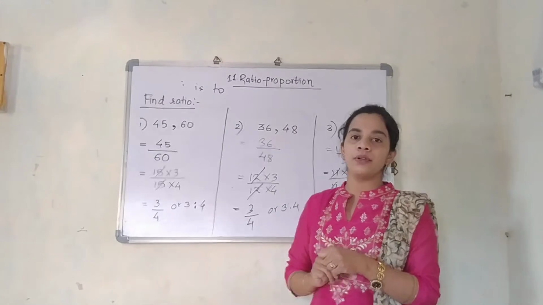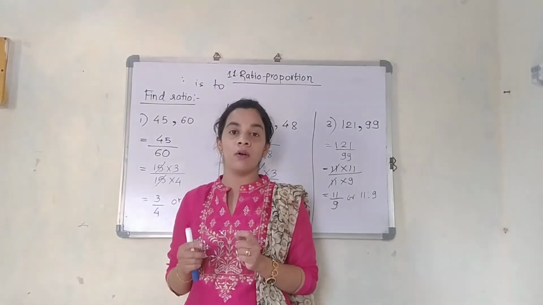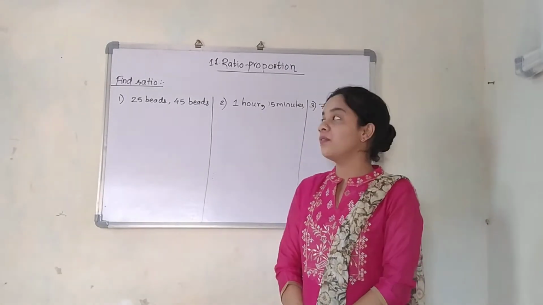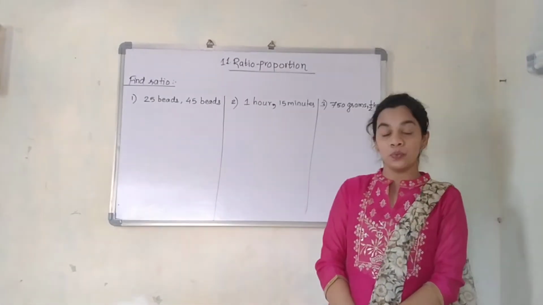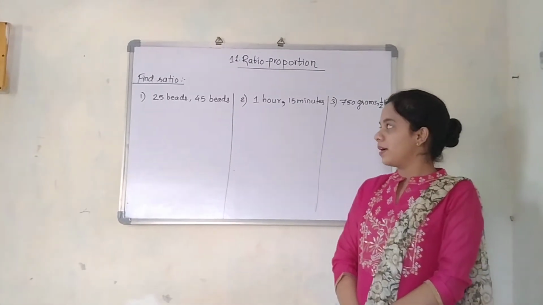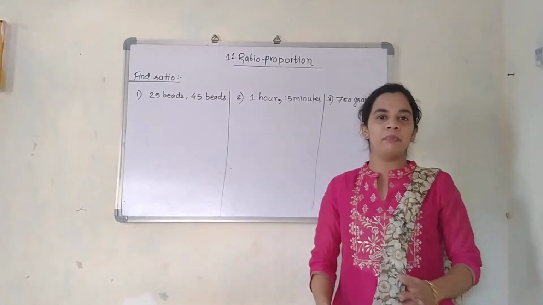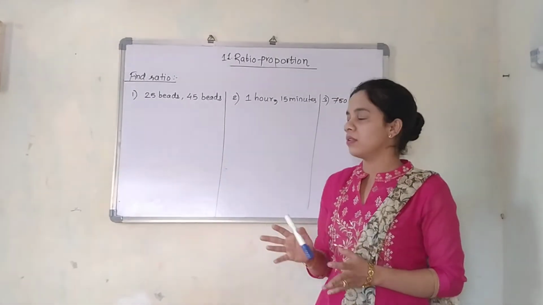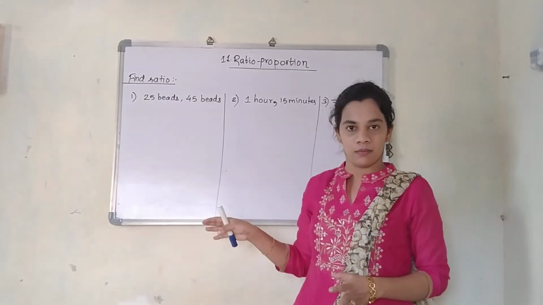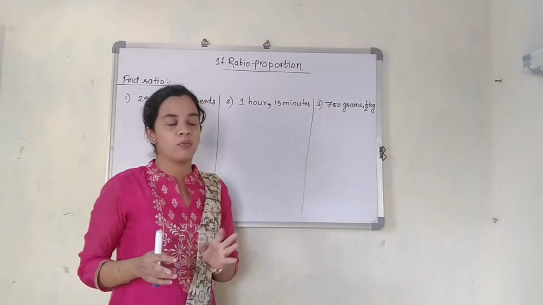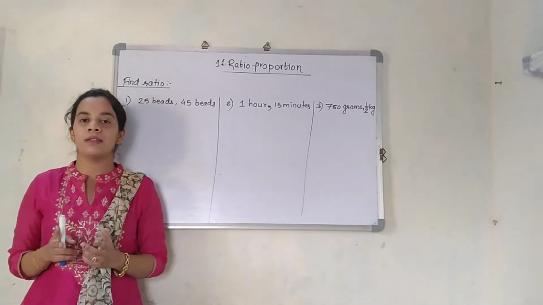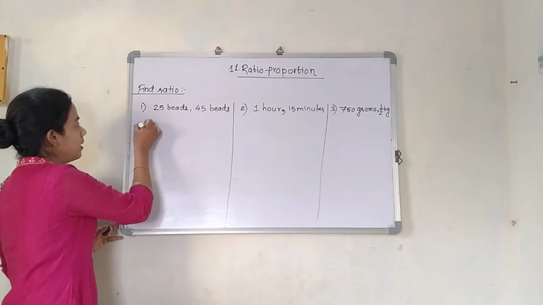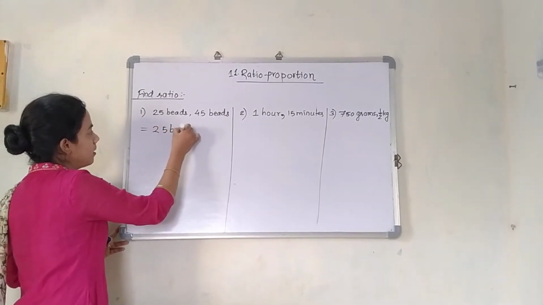So now we are going to find out the ratio for the numbers which contain units at the back. Right now the units are present at the back. 25 beads and 45 beads. Beads means you know we use them for making a necklace. So just don't focus on that. Just see beads. They are the same. So right now we can remove the unit because both sides are the same, and I have told you that while finding the ratio the unit should be the same. So without writing that, or you can write down the beads and cancel it out later.